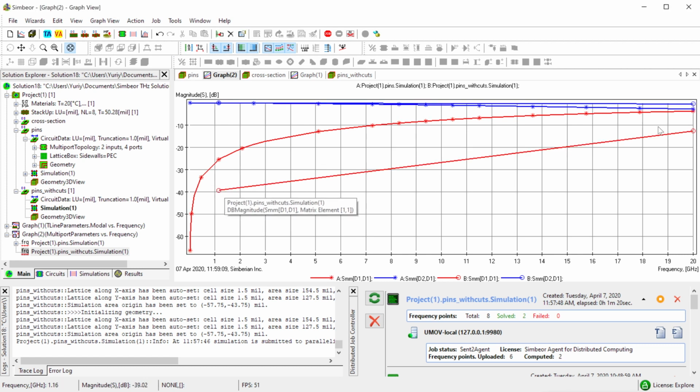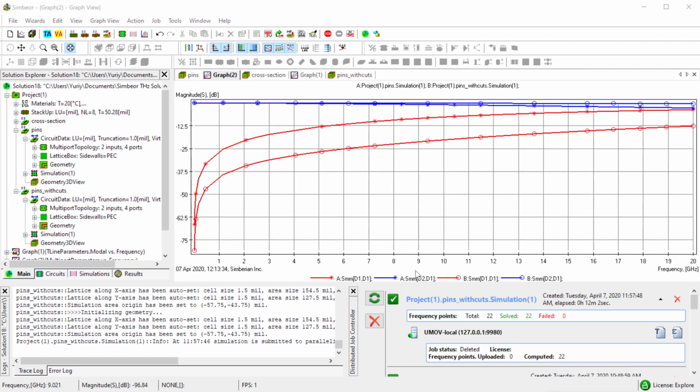So the first 2 points are simulated, and we already see that reflection is considerably lower than in the case without cutouts. Let's wait till it finishes and then simulate this again with grounding or reference pads and pins. Okay, simulation is done.